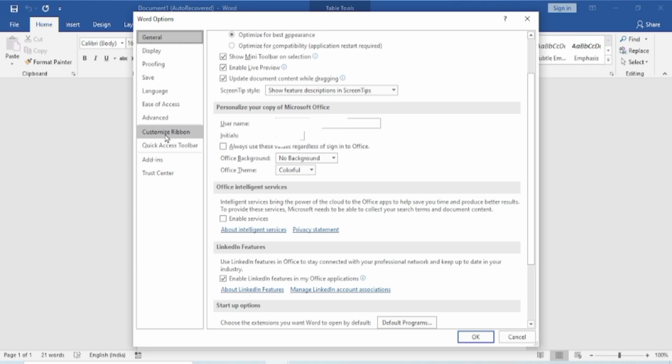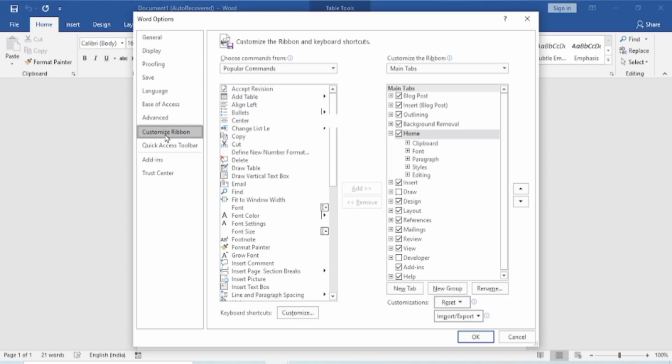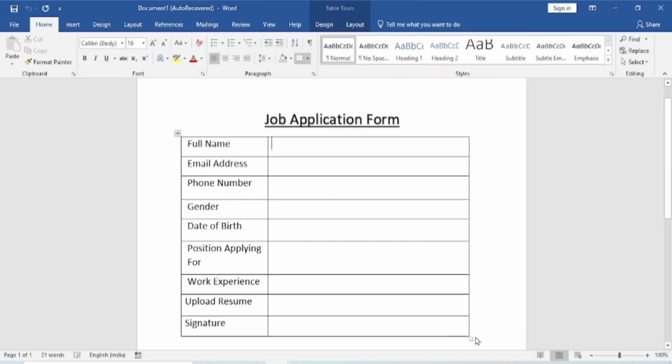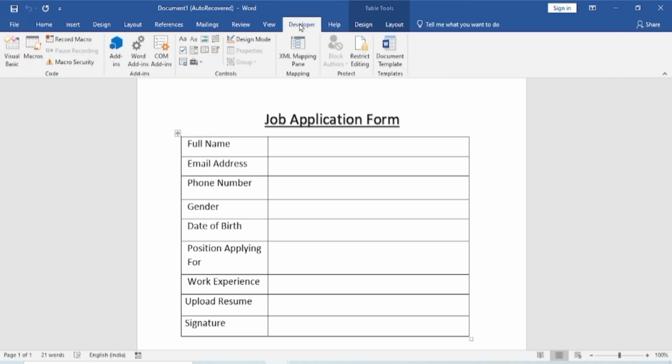In the right panel, check Developer and click OK. Now, the Developer tab appears in the ribbon. This will show extra options which are needed to create a fillable form.